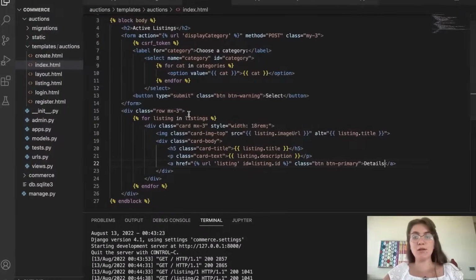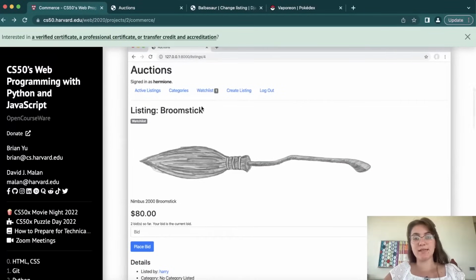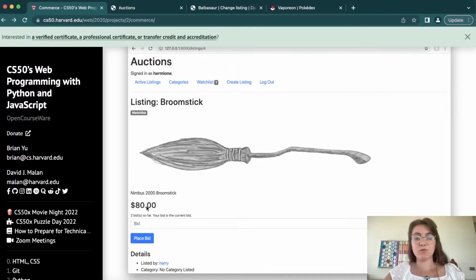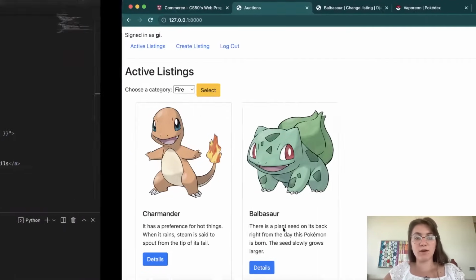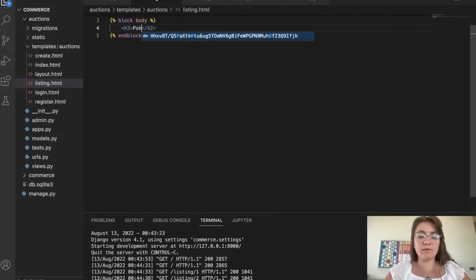All right, now let's start adding things in this page. So basically, what do we need? We need to display the listing title, the image, the description, price, and then some details. Okay, so to do this, I'm gonna add in here. I'm gonna close my index. In here, I'm gonna say Pokemon,